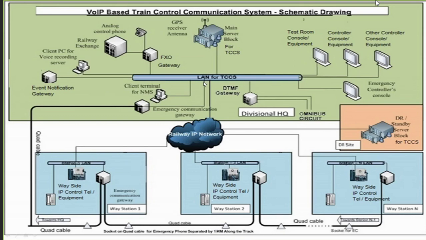So you can take line clear by any of these equipments so that there may not be any delay. If all the equipments fail, nowadays we are using SIM-based equipments, which are also eligible to exchange line clear between the stations. Nowadays we have multiple types of mediums and communications, so there may not be a communication failure in our regular routine. But during certain heavy disasters and storms, we may face total communication failure.